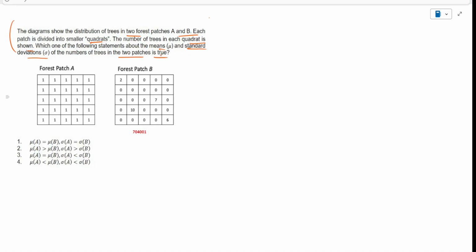So actually these are some forest patches, and these numbers indicate the number of trees in the patches. There is a 5 by 5 system, which are the patches. If we see patch A,